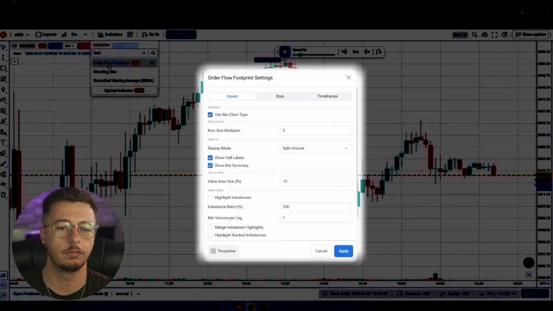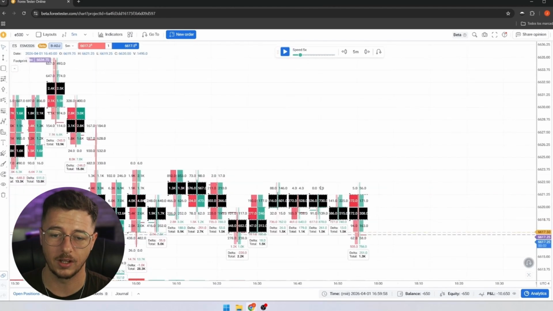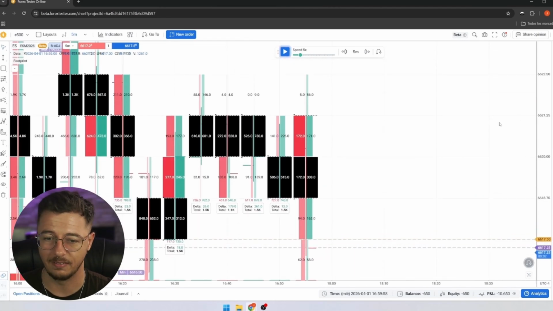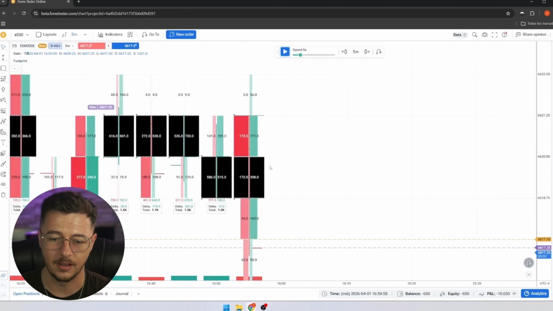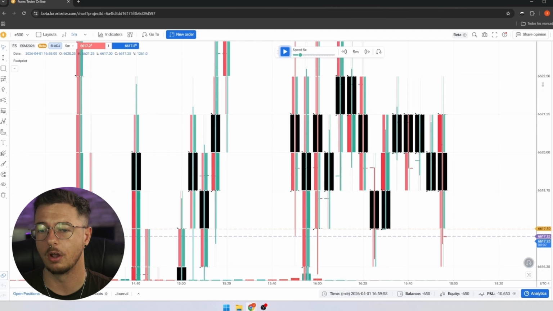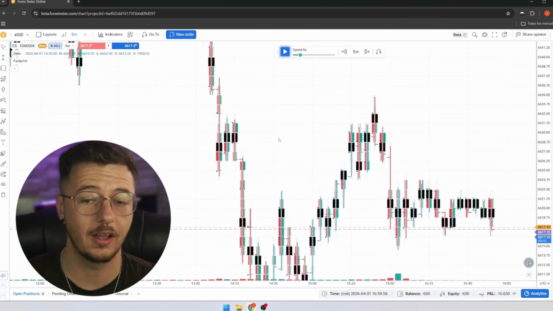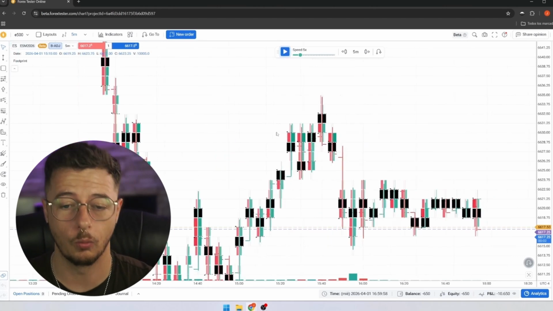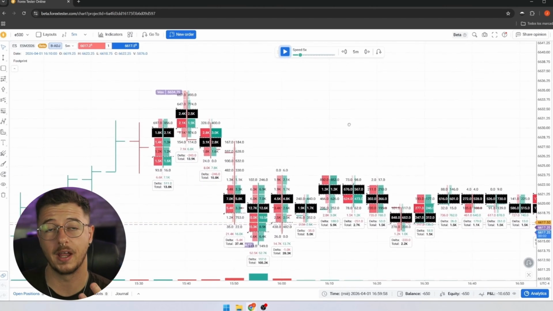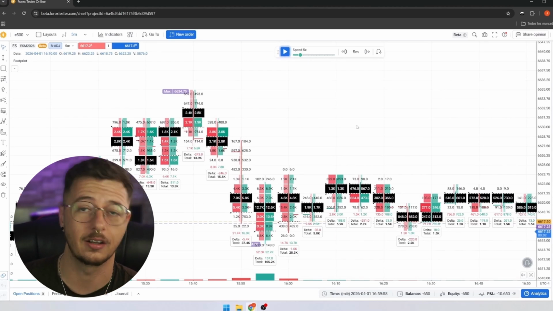We have the order flow footprint, and this is completely amazing because we can actually backtest these footprints here, seeing the actual delta, seeing the total, and this will give us a lot of information to actually take our trades and to backtest in a correct way. And the only way of doing this is by having real CME futures data, and that is exactly what Forex